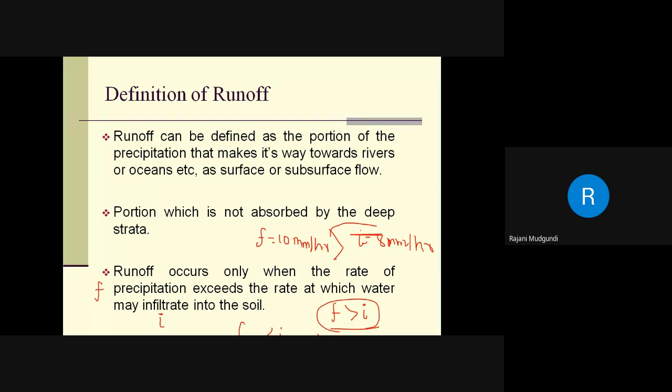If you try to pour some water or any liquid on a porous media, for example bread, and slightly spread it on that, the entire liquid will get absorbed by the bread. If you continuously go on increasing the content that you are pouring, a time instant will come when the rate at which you are pouring the liquid exceeds the media's capacity to retain it in the pores. Then only it will flow out of the media, or it will be available as it is through that system. So that is termed as runoff.